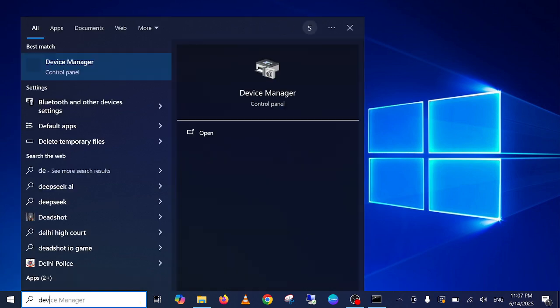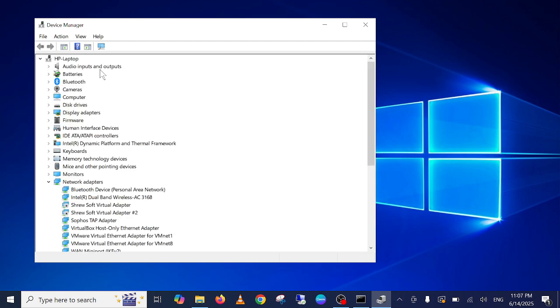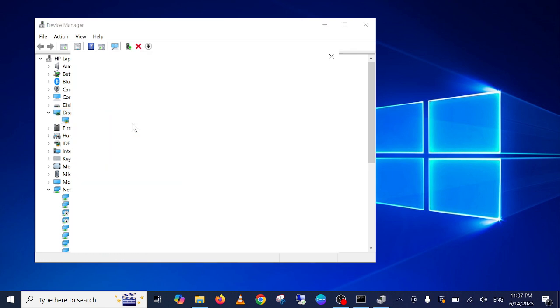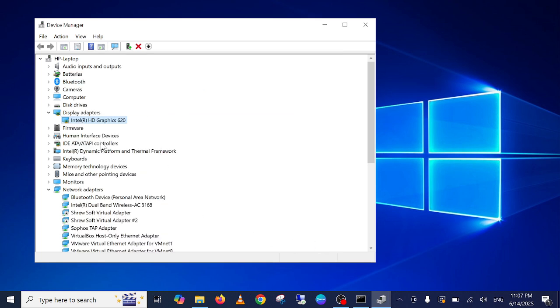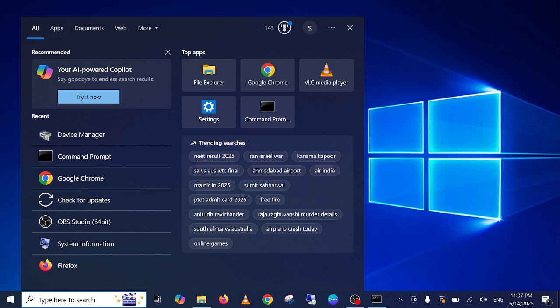Just open the device manager, and this time we will update the display driver. Just double click on display driver and simply right click it and simply update it. Choose automatically search, and it will automatically install the driver on your computer. So if this also doesn't help you, guys, simply open Google Chrome,